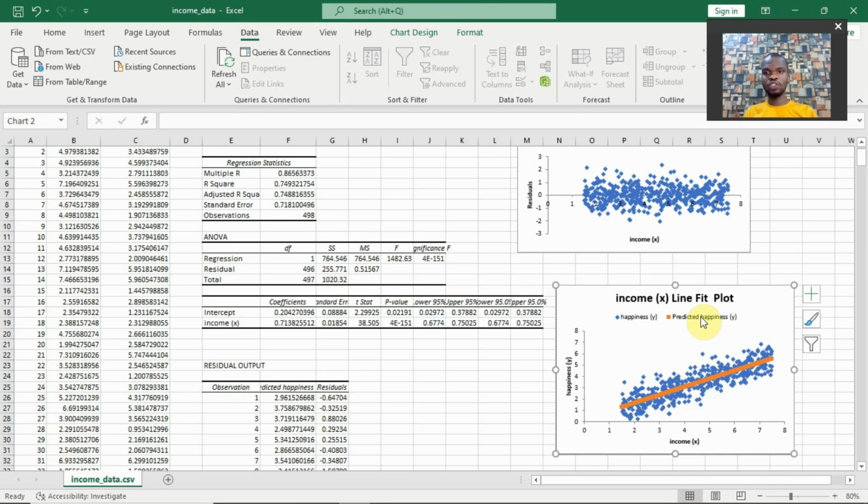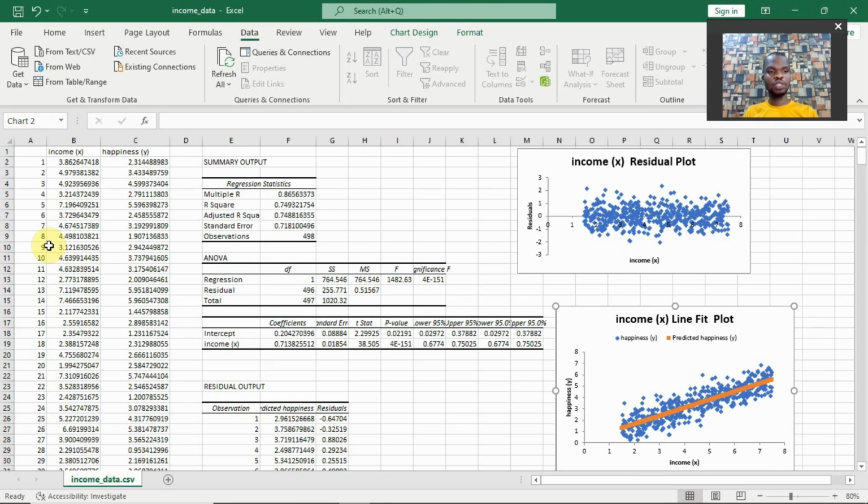We'll come back to these plots. The first thing we have here is our multiple R value, which tells us the relationship between our income and our happiness as per the correlation. It tells us the correlation of happiness and income. Is there a strong relationship between